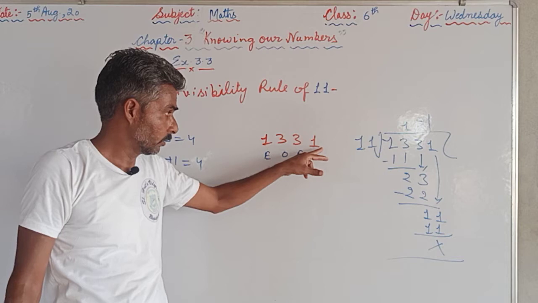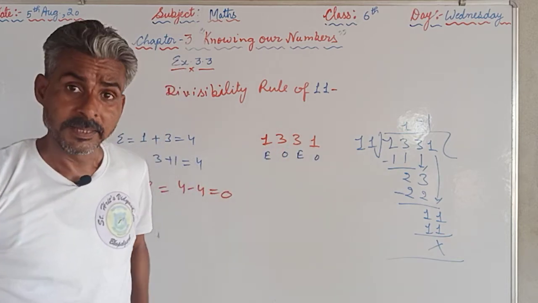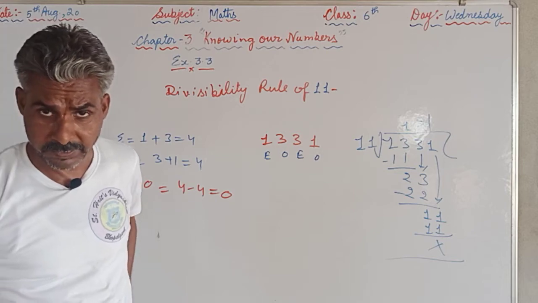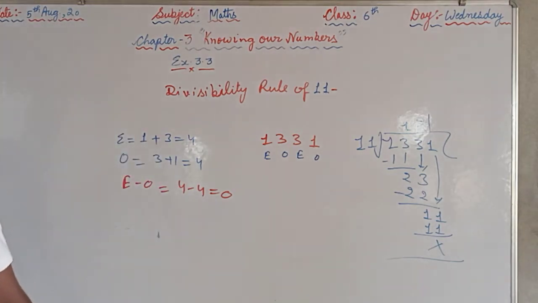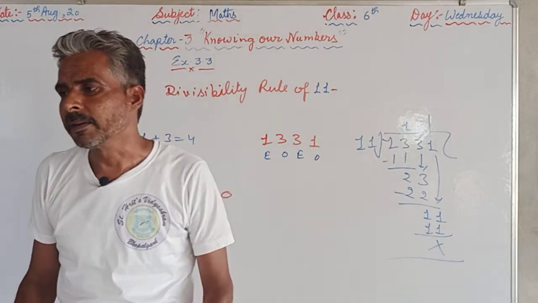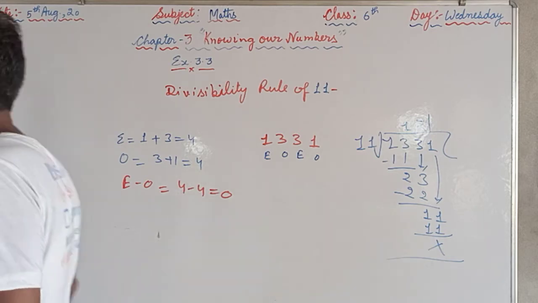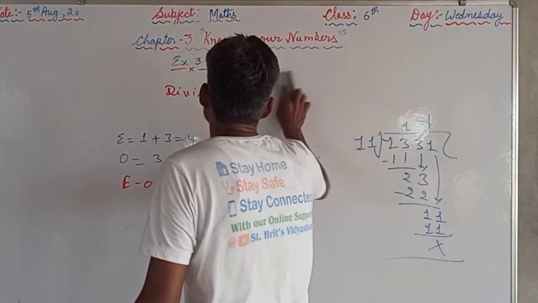The sum of the digits at the odd places and even places, and afterwards we are supposed to find their difference. If the difference is either 0 or a multiple of 11, then we can say that the number is divisible by 11, otherwise it is not divisible by 11. So like this you are supposed to solve question number 1. You are not supposed to make the table, you are supposed to solve